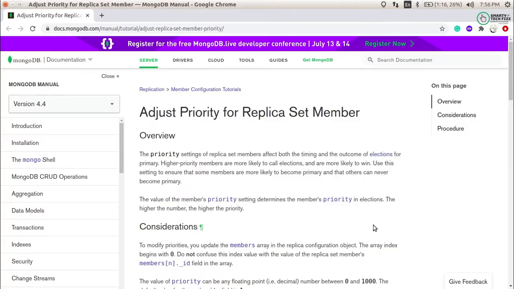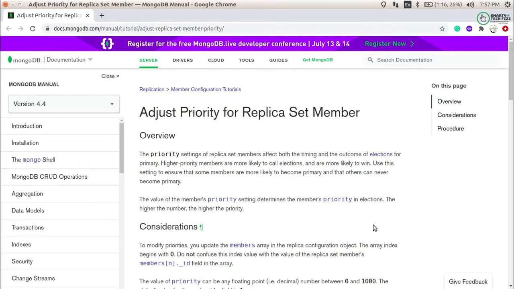As I have said, we are going to adjust the priority of a replica set member. What I mean by priority adjustment is, let's say we have three replica nodes in a replica set and all have some priority, or maybe while configuring the replica set you may not have configured the priority in the configuration. As in my case, I never used to configure the priority. Any of them can become the primary as per their tendency or as per their voting queues. So I never used to adjust the priority for them. All are with 0 priority.